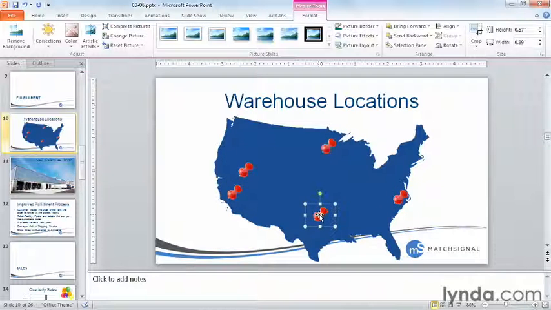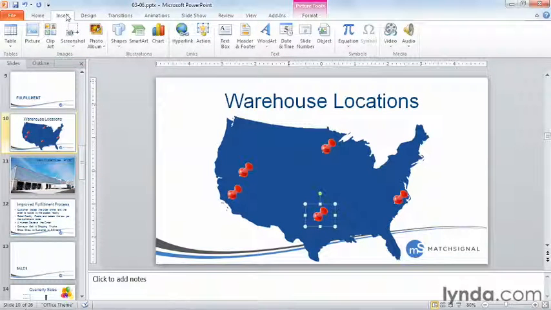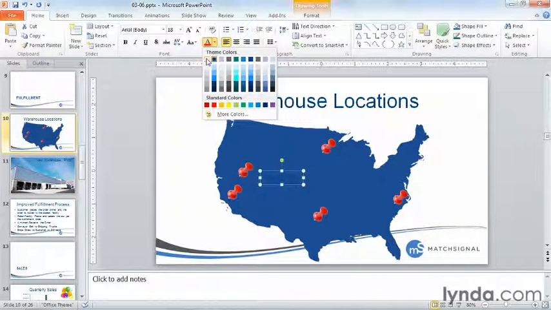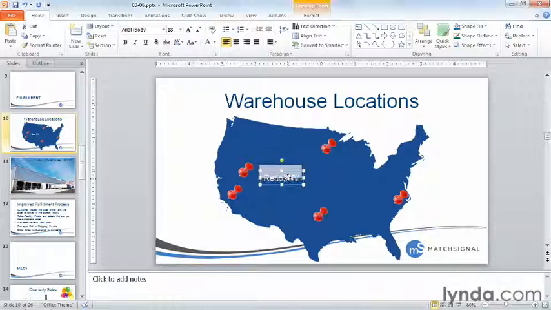It wouldn't be a bad idea for me to add text boxes labeling each pushpin. I'll click Insert, then Text Box, click anywhere, and start typing. I'll click on the boundary of the text box and simply change the color to something a little bit more readable. I can reposition it, make it a little bit smaller,